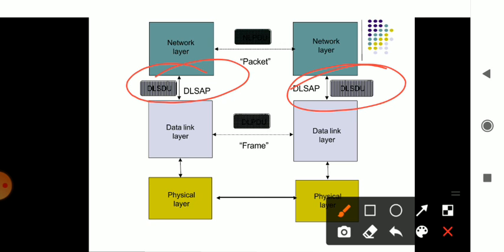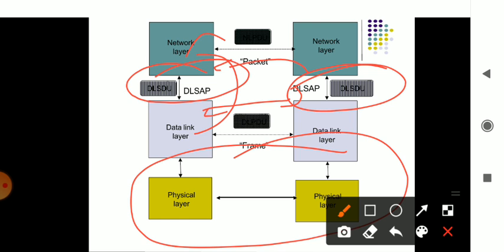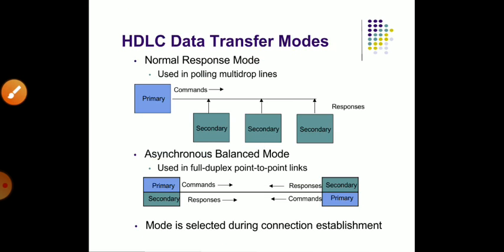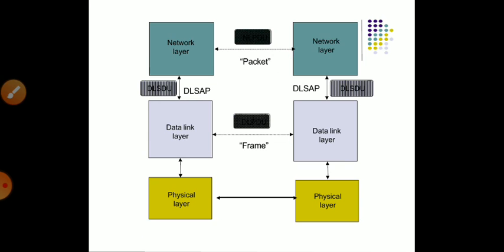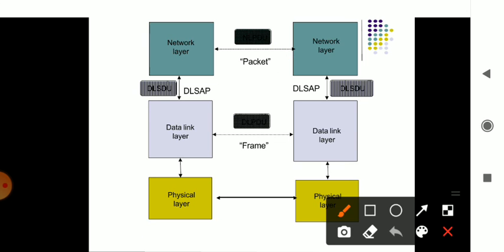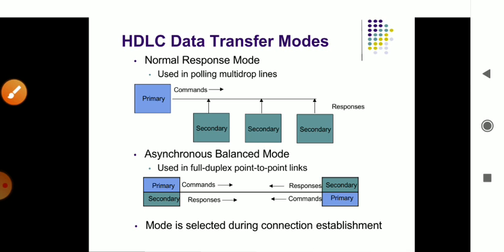Within this area means what? Data link happens from the data link layer to the network layer. So both these two layers have the HDLC format. In this you are sending the frames from one end to another end, and the packets are sent and received from one area to another area. Mainly it is between the data link layer and the network layer, whatever network happens and the information transfer happens. You may be using the service access points or the service data units, whichever are there, which will be helpful in transmitting the information from one end to another end.